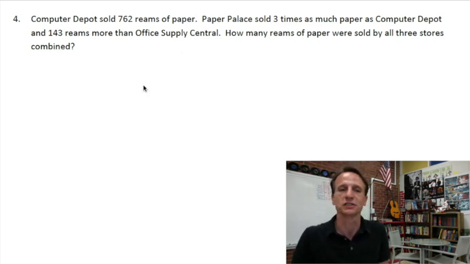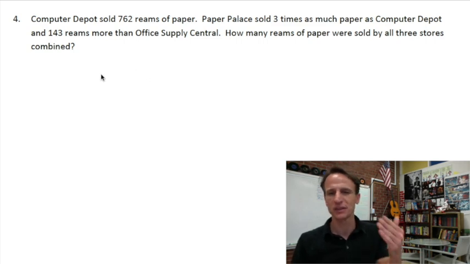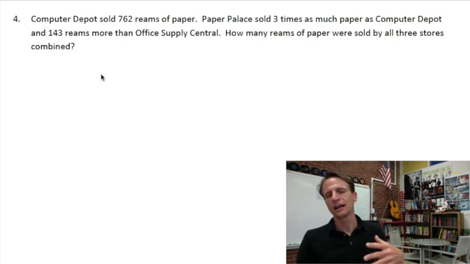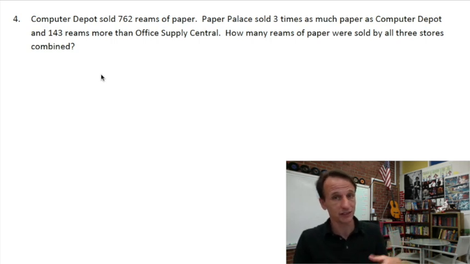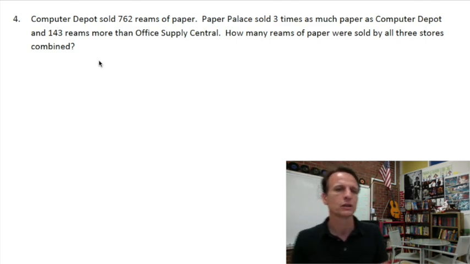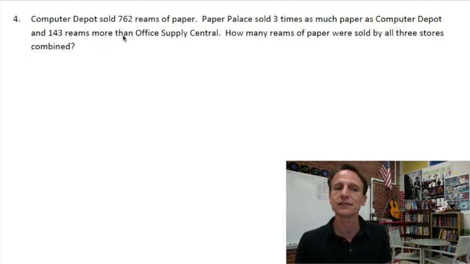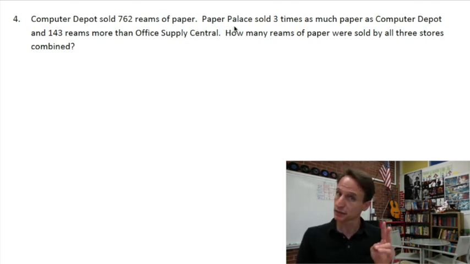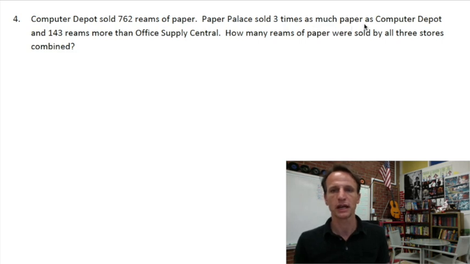Ooh, chills of excitement. And I just want to mention, before we read this, note how many different stores we have, because as in real life, they all have somewhat similar names. Okay, so watch how many stores we're dealing with. Computer Depot, that's one store. Computer Depot sold 762 reams of paper. Paper Palace, that's the second store, sold 3 times as much paper as Computer Depot, which was the first store,